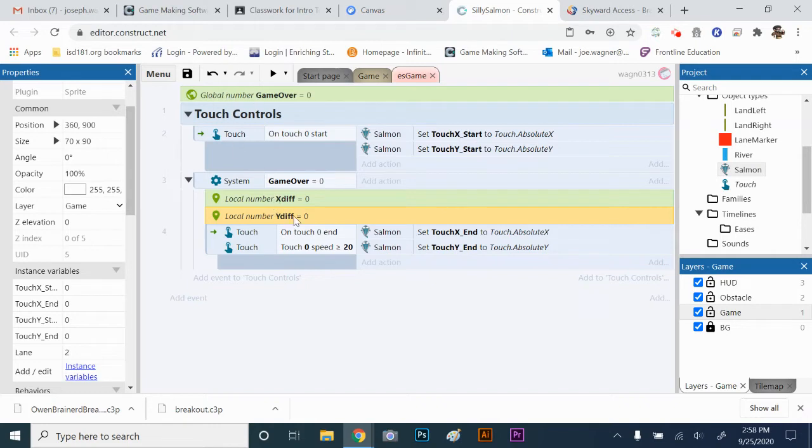If we made these global variables, they would always be there and always be working, and we don't want that. We only want it working in this instance. So it's just an efficiency thing, okay? All right. So now that we have this xdiff and ydiff local number,